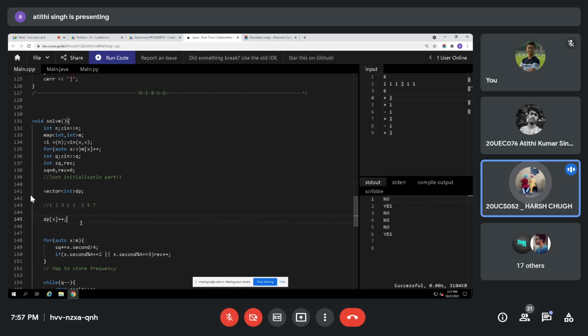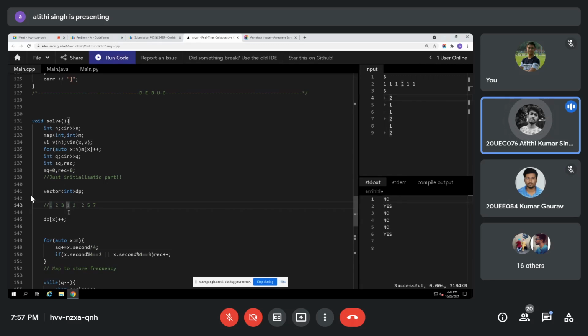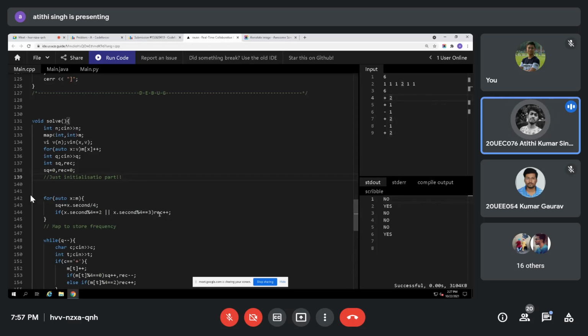The initial value will be 0. When I am iterating, my dp of 1 will become 1 because 1 has occurred 1 time. Then dp of 2 will become 1, then dp of 3 will become 1. Since dp of 1 is already 1, when I do plus plus here, dp of 1 will become 2. Am I making sense till here? Yes. So basically, like this, we can hash the frequency of the array, and this is called hashing. I've given a brief overview of what hashing is, and you should try to learn it because it is a really important topic and you will encounter it in various other problems too. So this was the prerequisite of the problem.